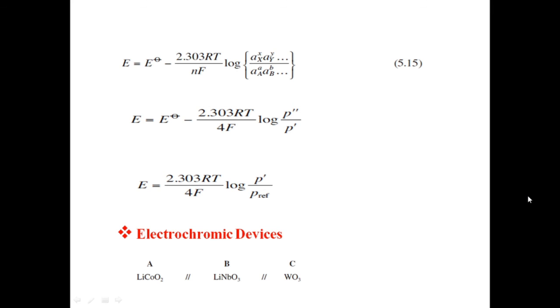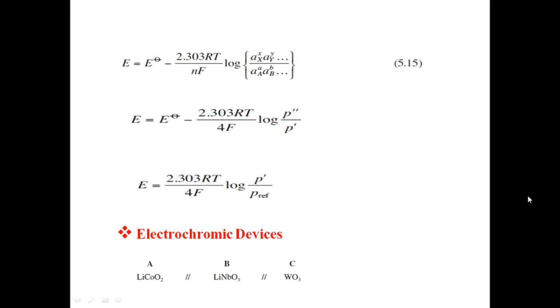The next application of solid electrolyte is electrochromic devices. Electrochromic devices work in the opposite sense to an electrochemical cell. Instead of harnessing the chemical reaction between the electrodes to give an electric current, a current is applied to the cell, causing the movement of ions through the electrolyte and creating colored compounds in one of the electrodes.